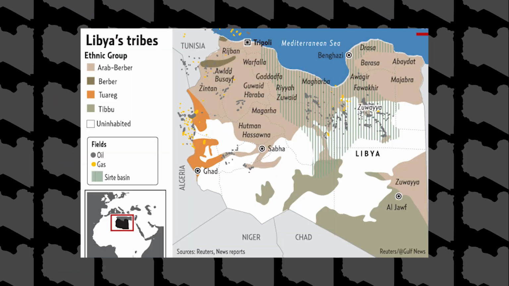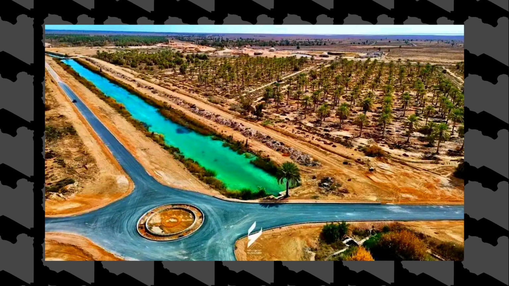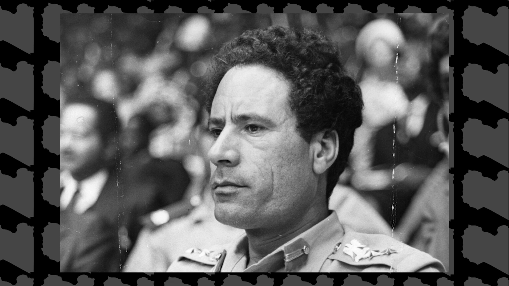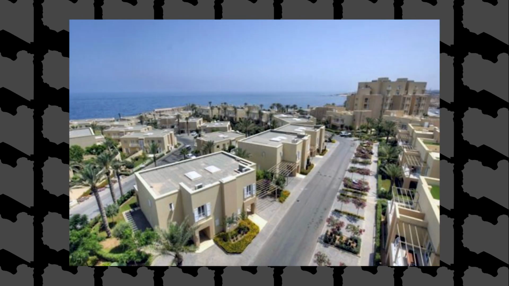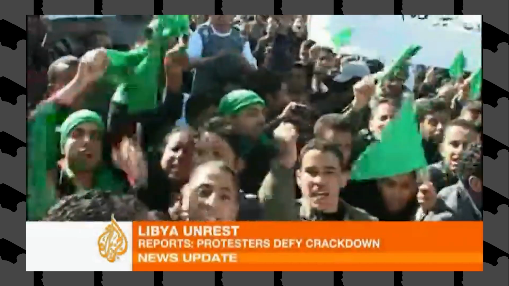He gave certain tribes better housing and access to public services. For example, he gave the Tawarga tribe access to highly productive farmland. Gaddafi's tribe was close to their tribe and they were favorable towards him. He gave them high-quality housing featuring modern amenities and gave them access to high-paying civil service jobs. This led to resentment among surrounding tribes who did not receive such favorable treatment.